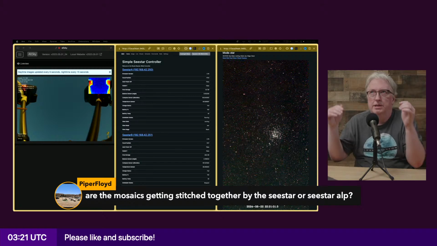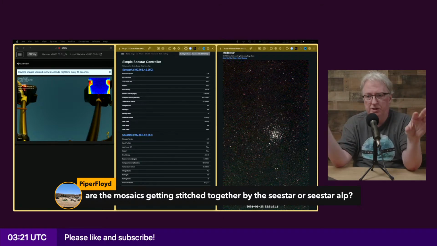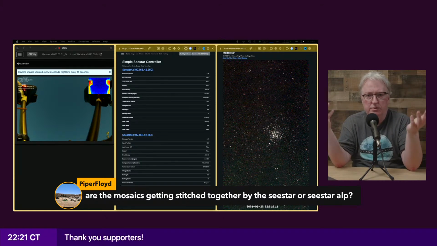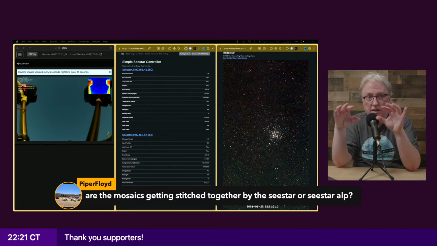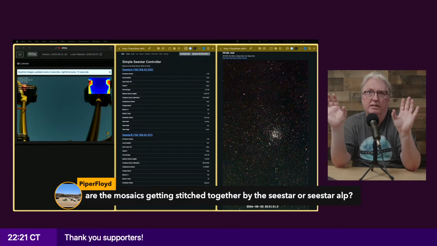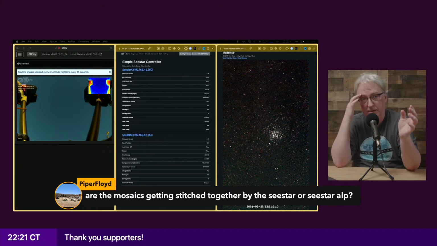But it's just collecting frames from each individual panel, and they go into unique directory names on the Seestar, so you can tell which panel is which. But it's only the Seestar itself that will stack each panel separately.